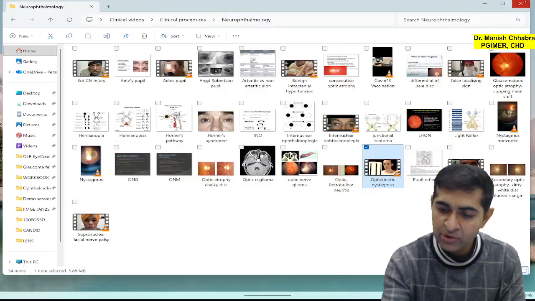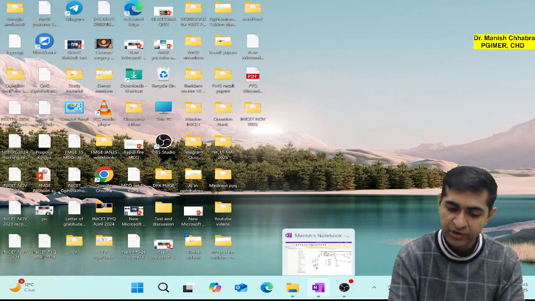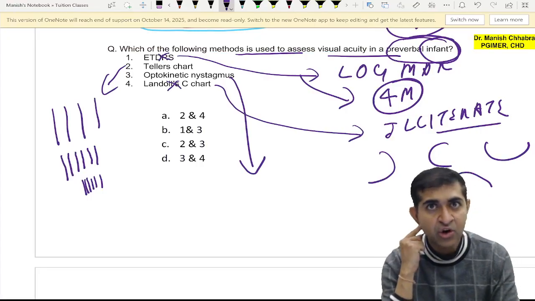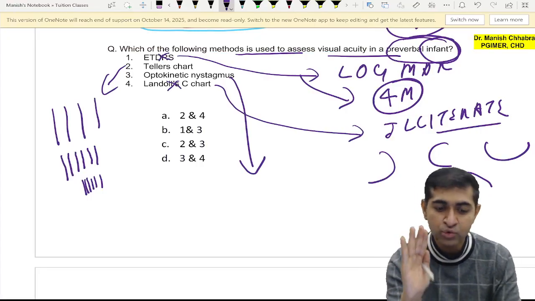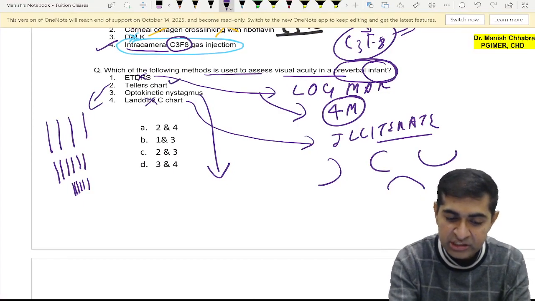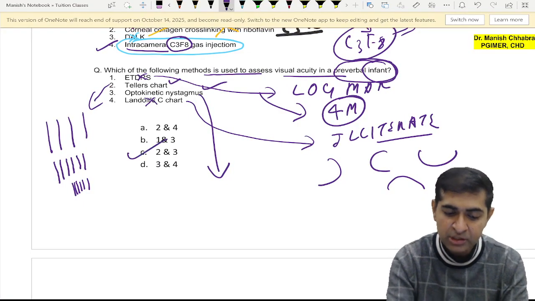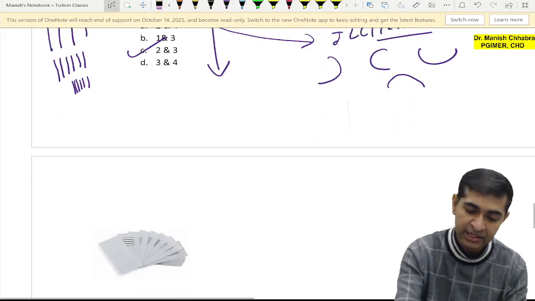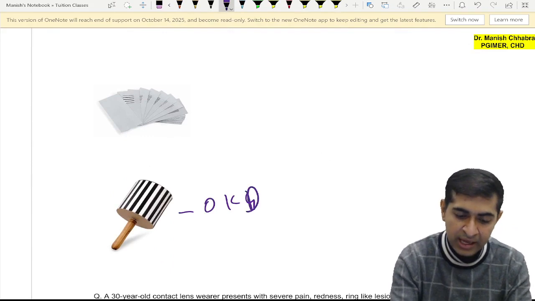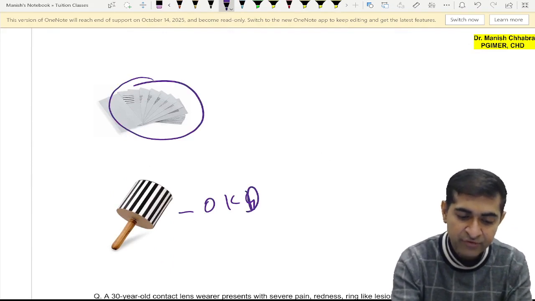Okay, so if you rotate it in front of the child, the child will automatically be fixated onto either the black or white stripe, and you will know that the child is able to see that. So we know the answers are second and third. So what is the option? You will go for C option, and here you can appreciate the optokinetic drum, and here you can appreciate the different gratings